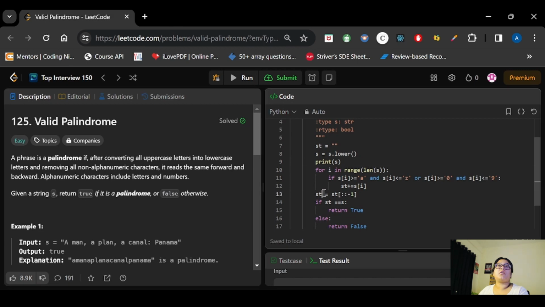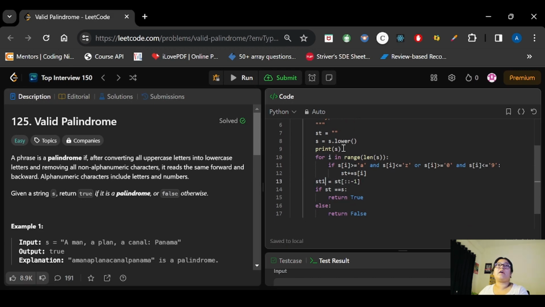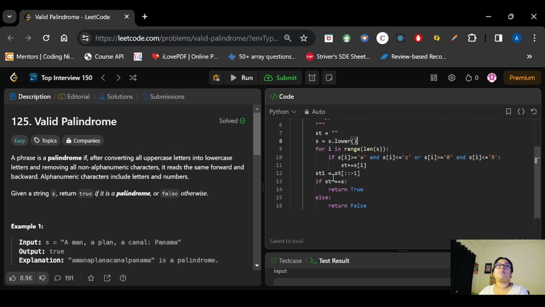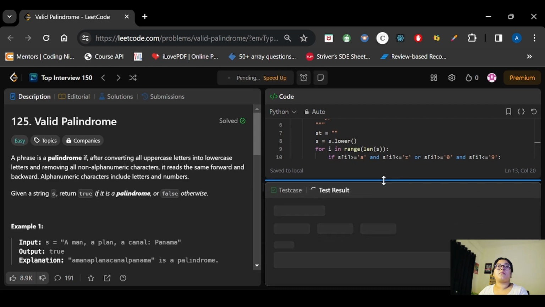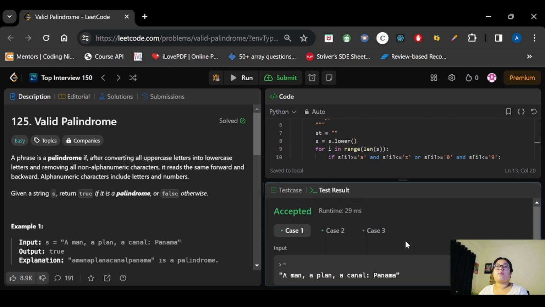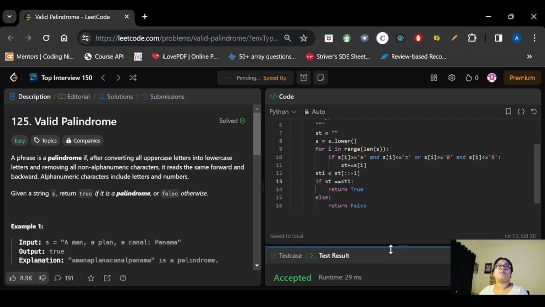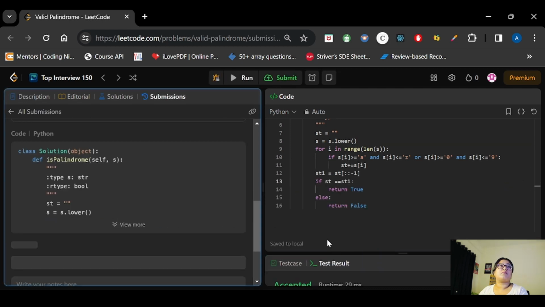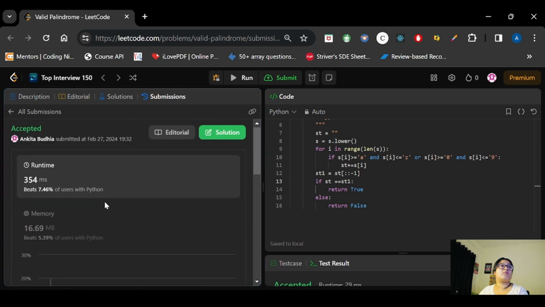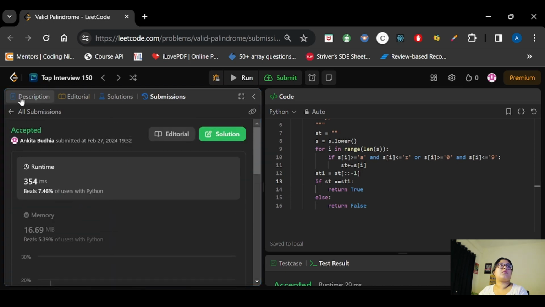Actually, I will store this in a new variable, because the s that we have here is different, so I will have to compare with this st1 only. Now we will get the required answer. The sample test cases have passed. Let's try to submit it. So this code has been accepted.